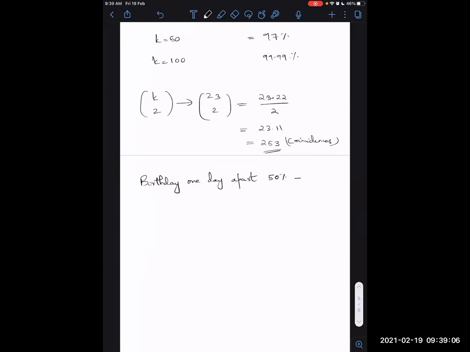And the answer is surprisingly very small. For two people to share a birthday, the number of people required was 23. And to have birthdays one day apart, this number is 14. To estimate this, the calculation required is slightly more complicated, and we'll see it later in the course. But these are quite interesting to see in the first place.